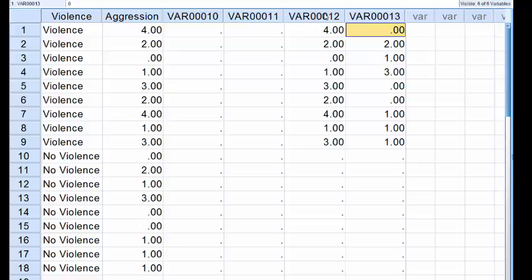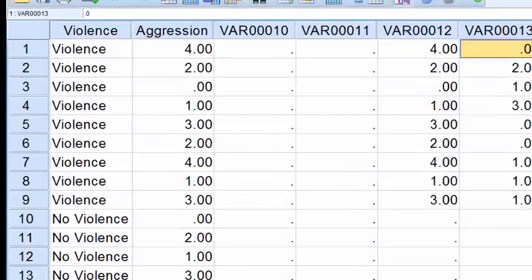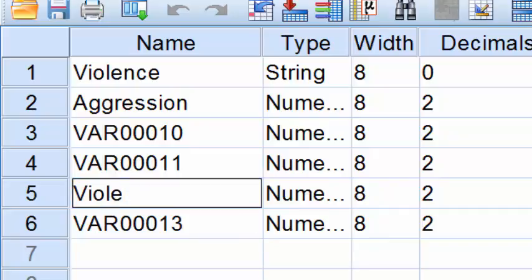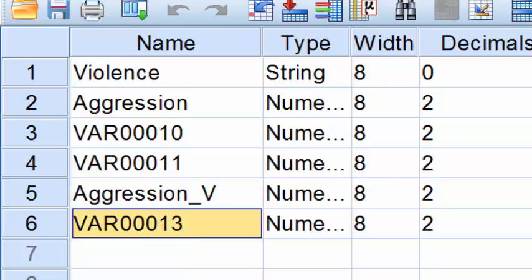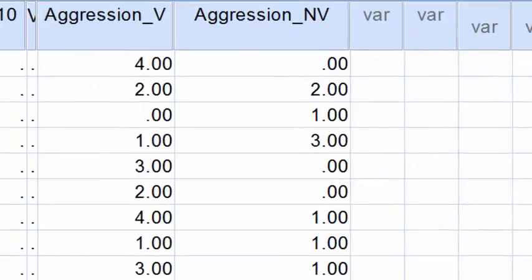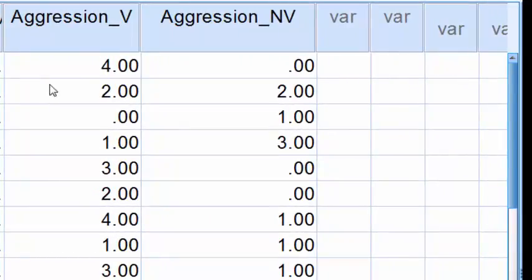So variable 12 and 13, let's change variable 12 to aggression with violence, and the second one would be no violence. So I split one variable, creating 2 groups. This variable is the control in research, and then I will graph these 2.